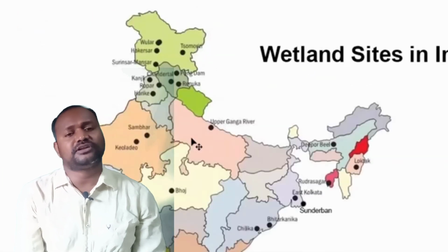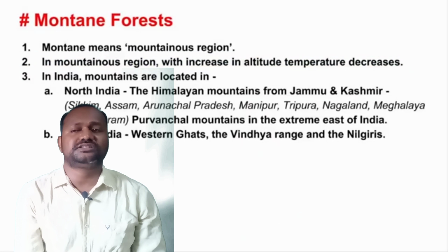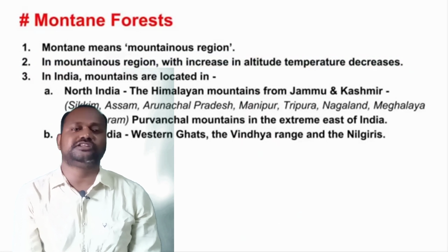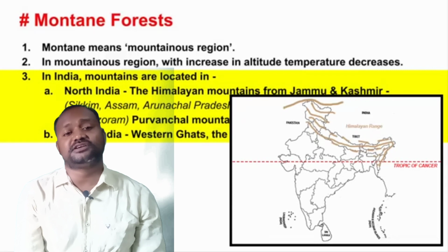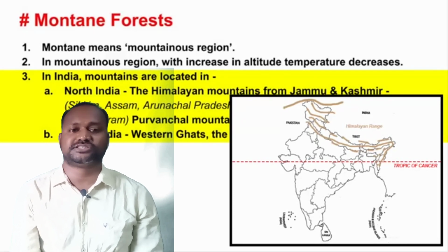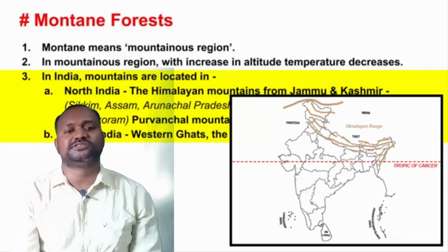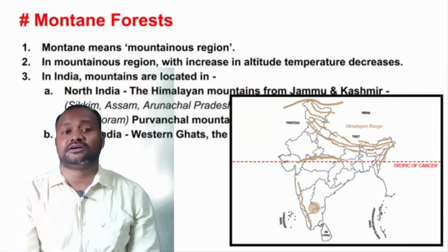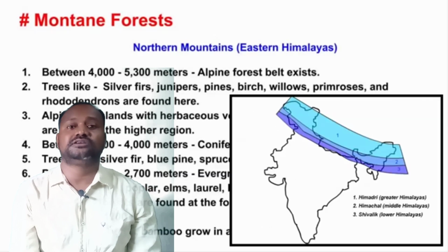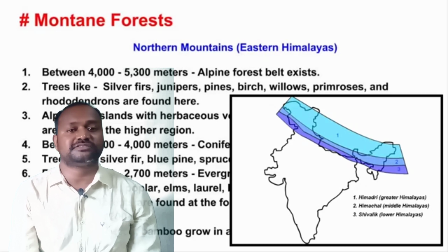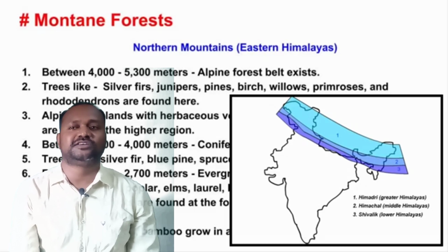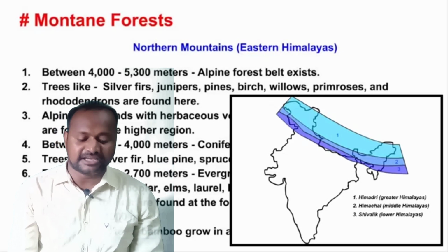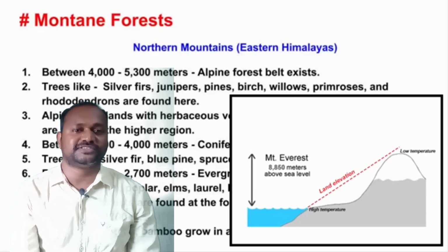Montane forest in India. We find different kinds of trees in the montane forest. In montane forest, the vegetation changes according to the altitude. Mostly in the foothill region, we have either tropical evergreen, tropical deciduous or tropical wet deciduous. When we move to upper levels, we get temperate vegetation, coniferous vegetation, then alpine grassland, then the tundra vegetation. According to the height, the vegetation changes over this region.